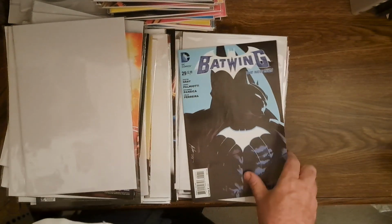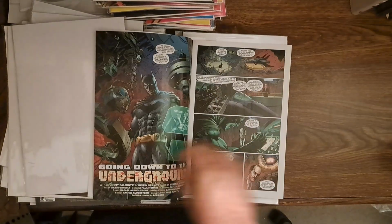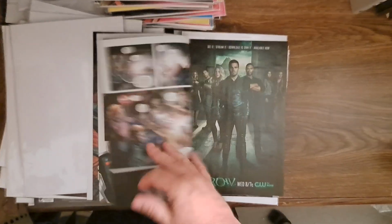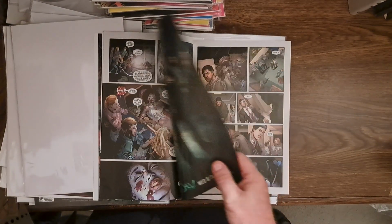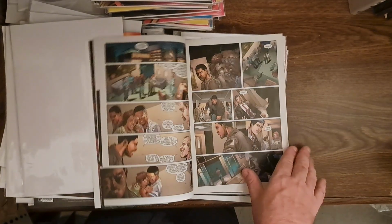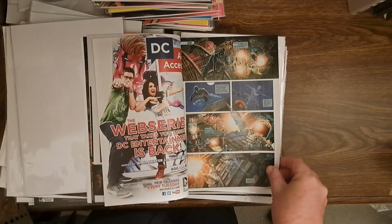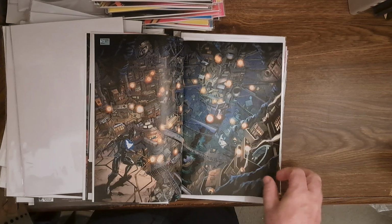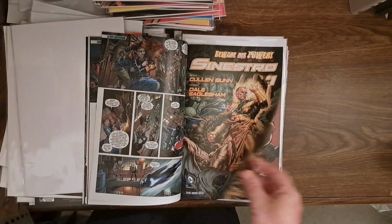And then in number 29, he keeps investigating the underground city. Batman is trying to figure out where he's at because he can't track his suit down there. And so his sister is found while he's still investigating. He doesn't know she's been found, but the damage has been done. She's basically kind of brain dead. She's a vegetable where they're going to have to spoon feed her the rest of her life. But meanwhile, Batwing discovers the underground city and proceeds to investigate,